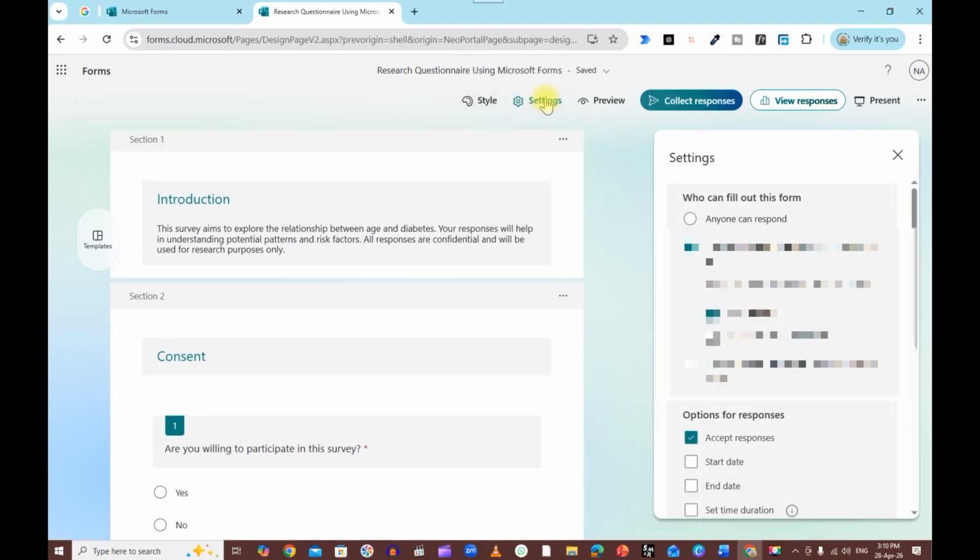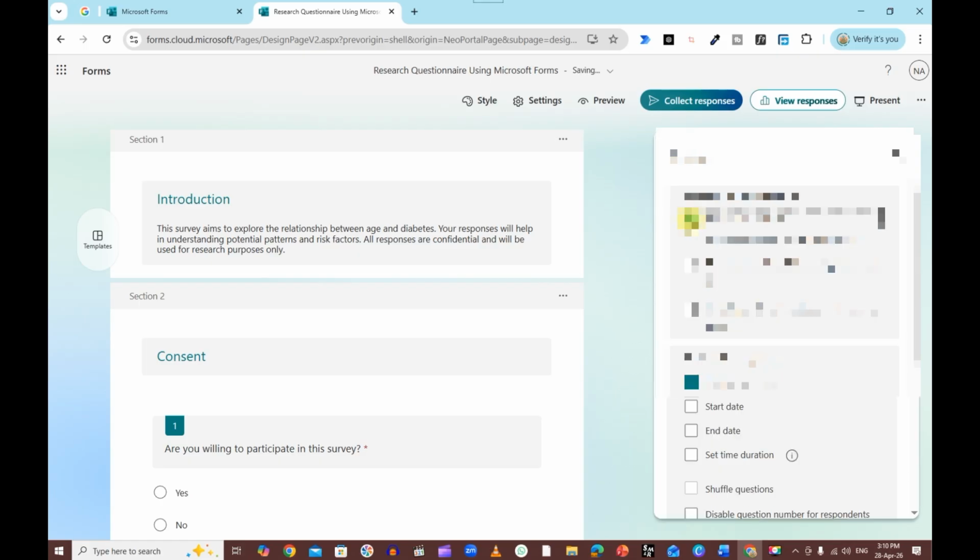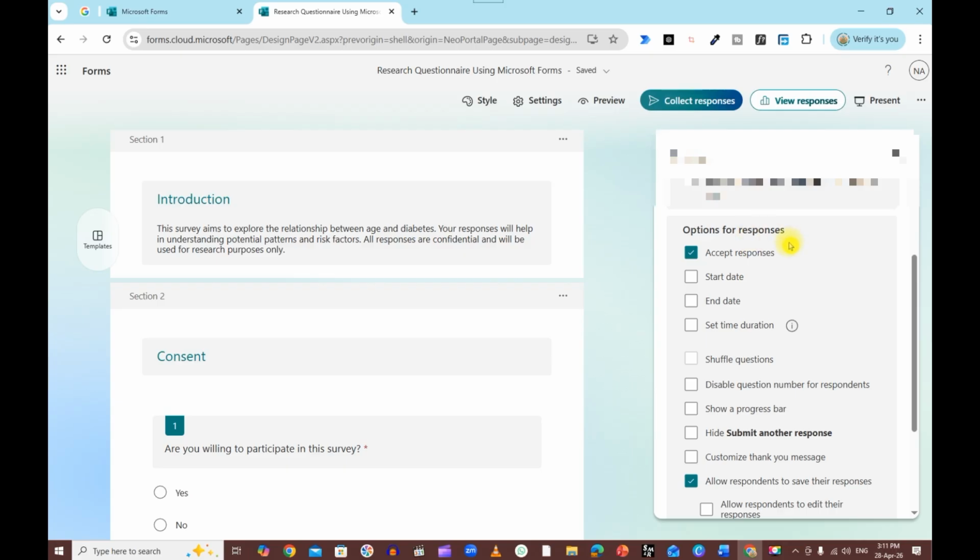Click on settings. Okay, and anyone who can fill out this form. Generally, it's always good to have anyone can respond. Anyone with the link can just respond to your questions. Otherwise, if you're really specific for some people or just people in your organization, then you can select these two options, whichever is suitable. Options for responses, accept responses. Okay, if you want to have a start and end date, which I do not recommend, just leave it open. Time duration, you can give them 30 minutes or 3 minutes or 2 minutes, whatever time duration,